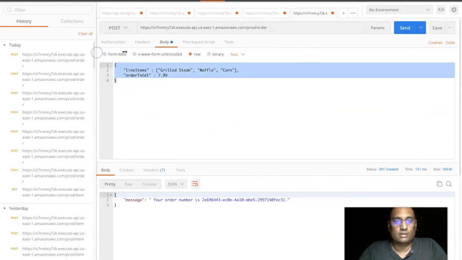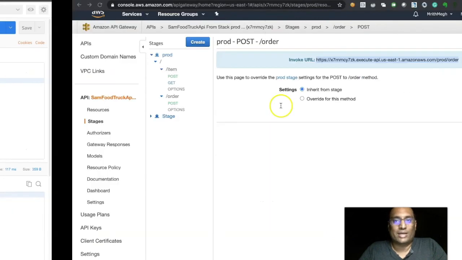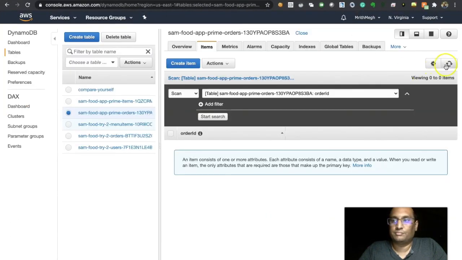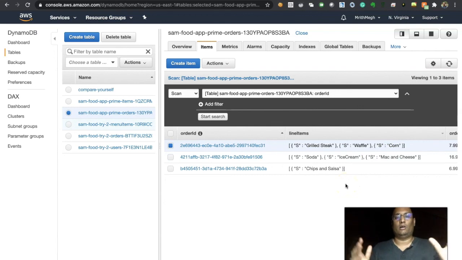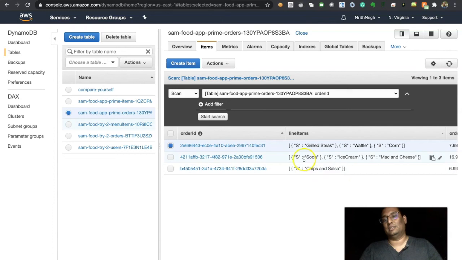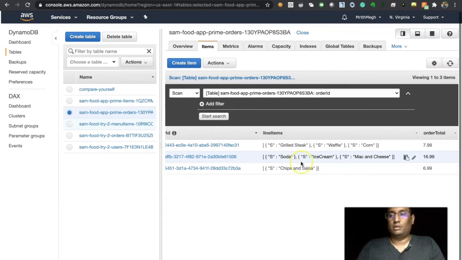And then the third item, let us go to DynamoDB and refresh it. There we have it. Do not worry about this. This is how it will look when you consume this message, because S means string. A line item is an array of objects, of which we are always using string as the object here. I think there are only 3 to 4 different varieties that Dynamo supports: string, number, array, and something else. So now this is our order number. This is what has been created.